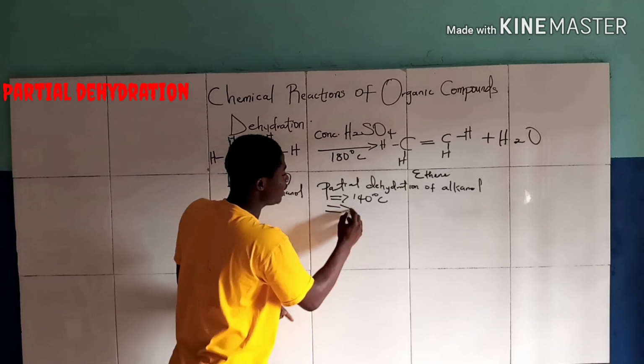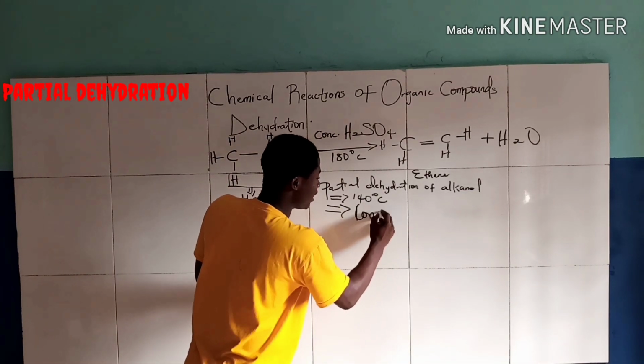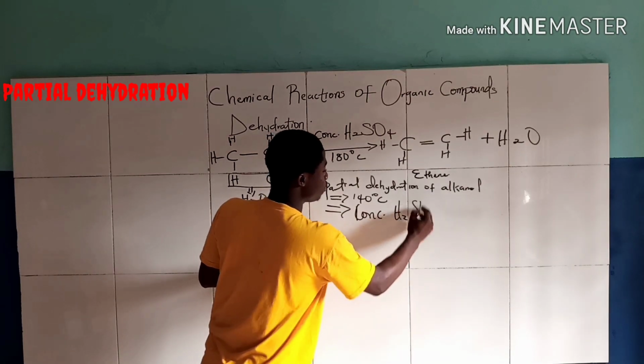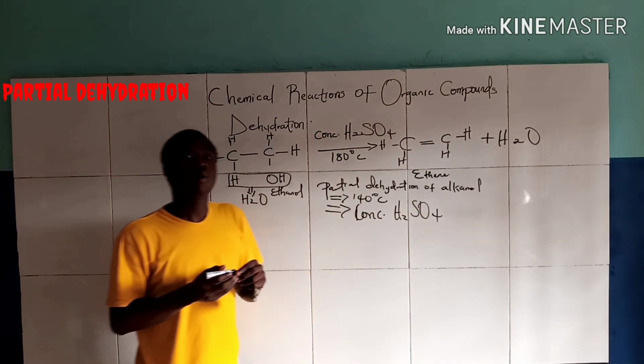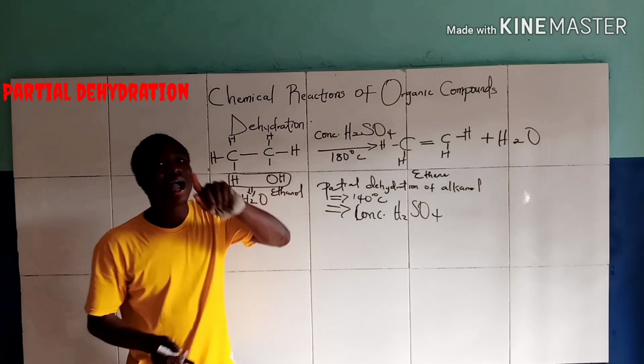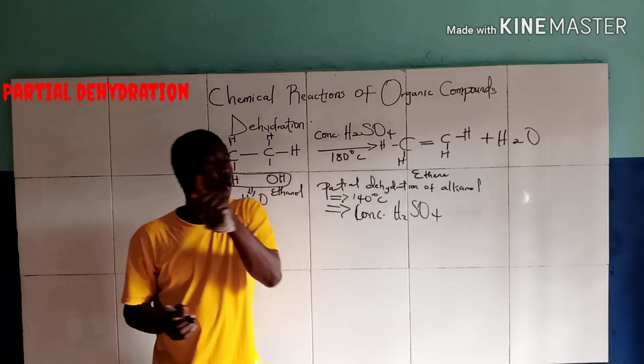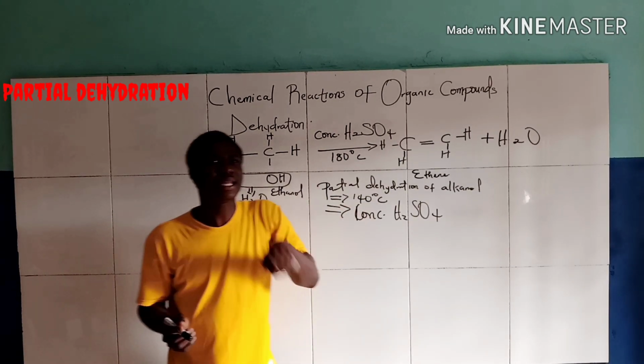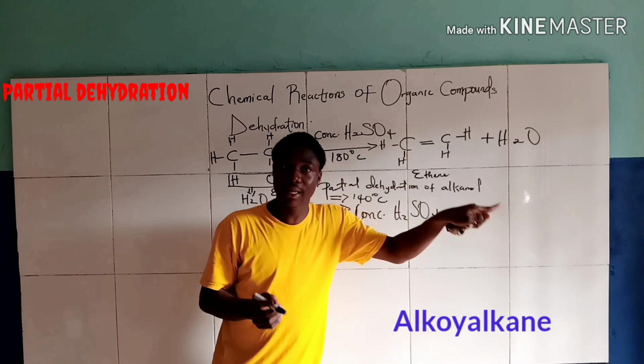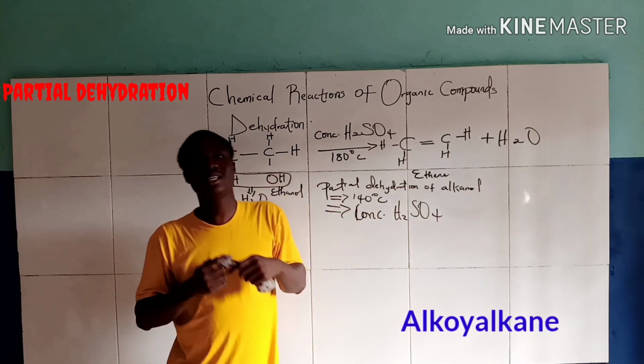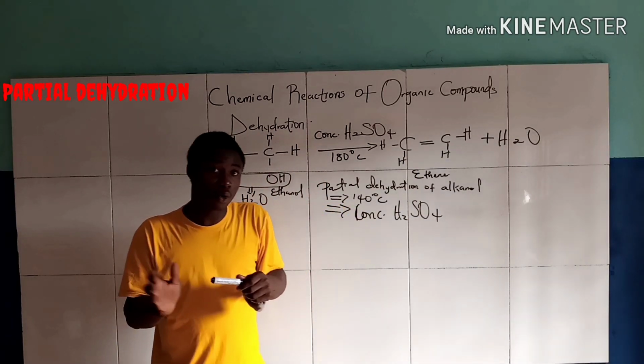So the dehydrating agent used is concentrated H2SO4. But what we get when alkanols undergo partial dehydration is an alkoxy alkane, whereby alkoxy alkanes are also called